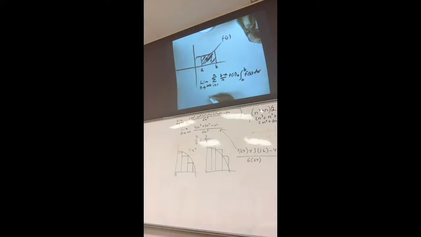Now, one thing you got to know is if the segment is above the x-axis, I should say, not above the graph. If it's above the x-axis, the integral from a to b of f of x will be greater than 0. If we're talking below the graph, below the x-axis,